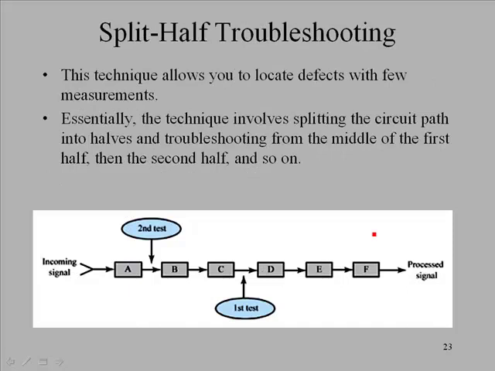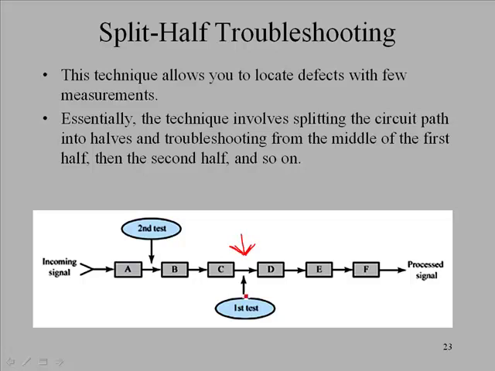Split half troubleshooting. This technique allows you to locate defects with a few measurements. Essentially, the technique involves splitting the circuit path into halves and troubleshooting from the middle of the first half, then the second half, and so on. And the idea is that if you have the circuit and there are many potential test points, you measure at the halfway point. If the signal is good at this point, and you have to know what a good signal and what a bad signal is,